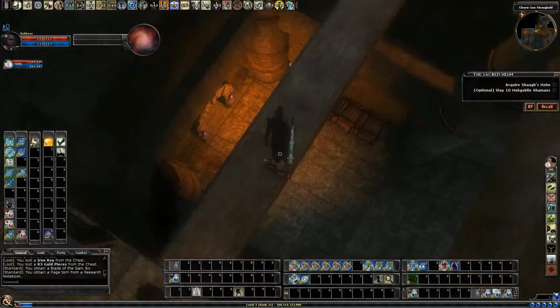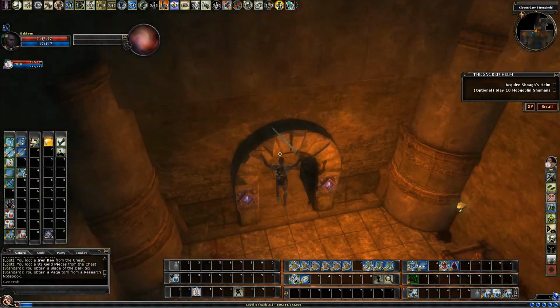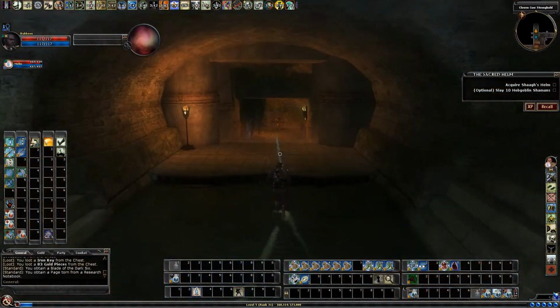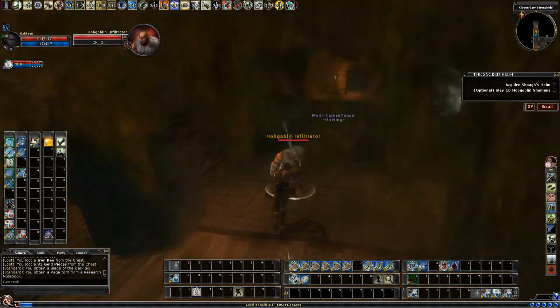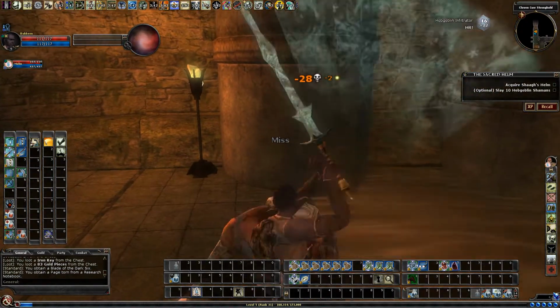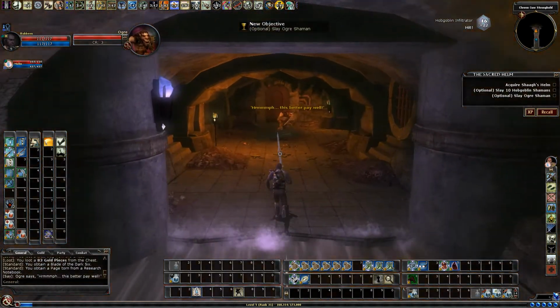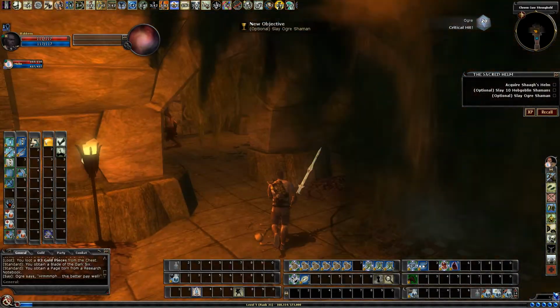Once we pull both of those levers, we can just kind of jump down here. On Reaper, see, there's a hobgoblin. So I did what I said don't do, which is just run ahead. So you want to take it kind of slow. This guy hits hard on Reaper,